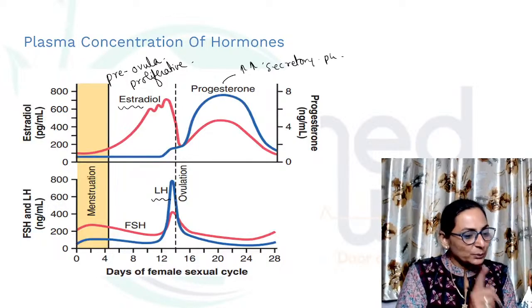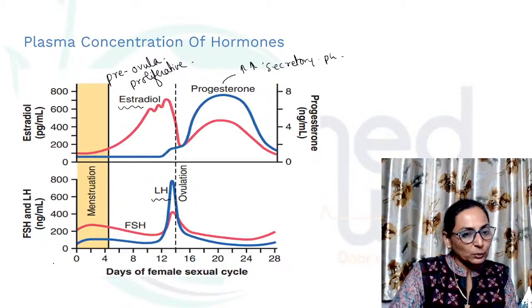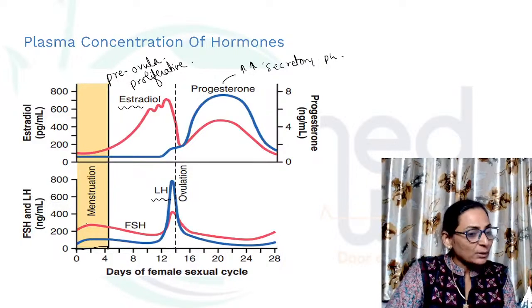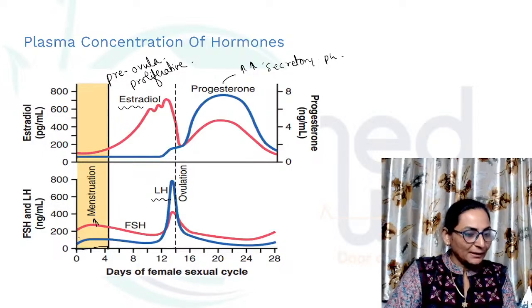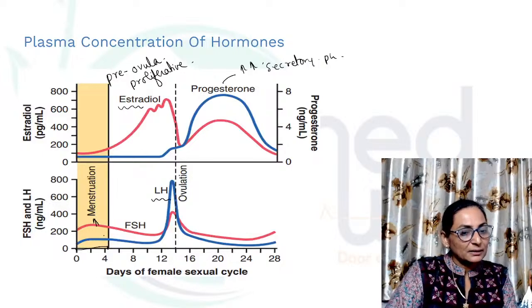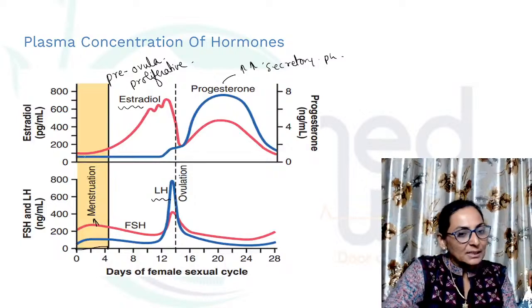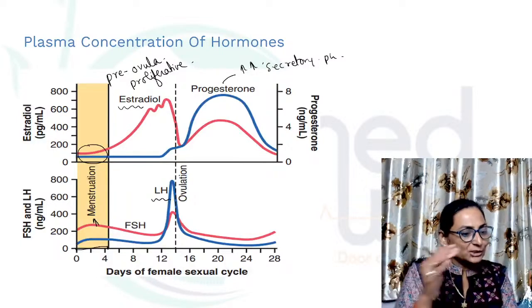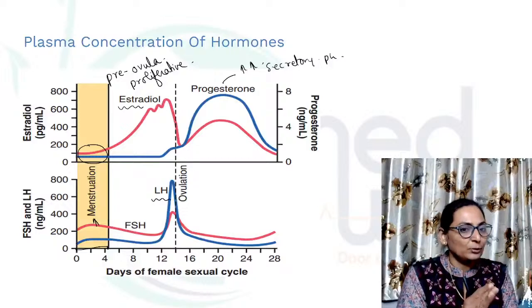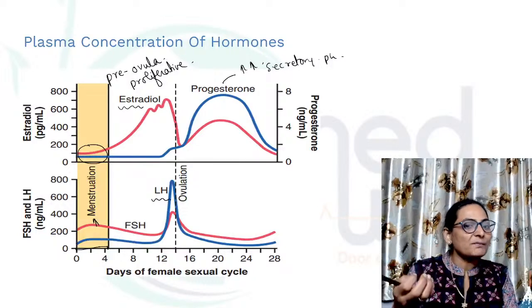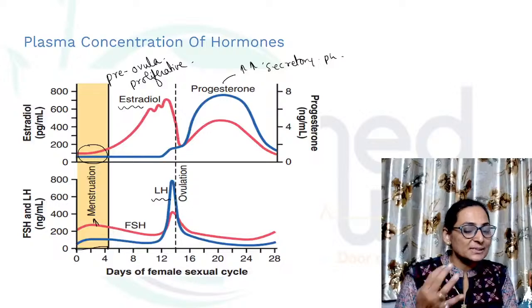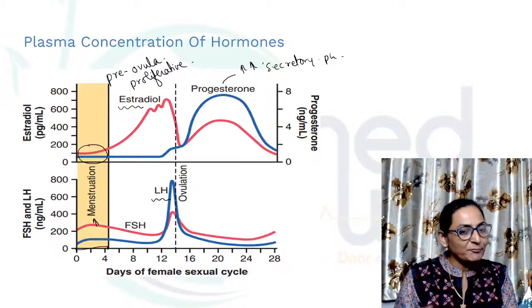Very interestingly, you will see that when there is actual blood flow in the menstrual phase, that is from 0 to 4 to 5 days, when there is bleeding or shedding of the endometrium, the level of FSH is high, right? The level of FSH is high. And after that, you will see that the level of estrogen also rises. But here, when there is actual bleeding or the shedding of the endometrium, there is a withdrawal of the hormones estrogen and progesterone, and that is what results in menstrual bleeding.